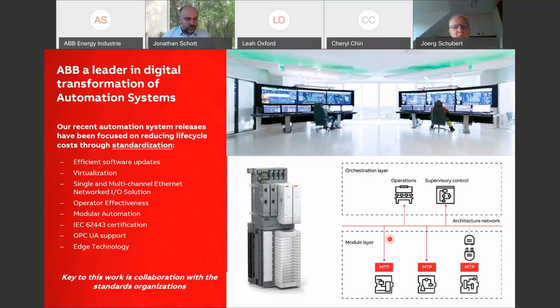We have been very early in utilizing Ethernet-based technologies, not only as communication between controller and workplaces. We also support this in the field. Ethernet communication in the field was always in focus. For sure, some of the low-speed buses were clearly not Ethernet-based, but I think we're getting there, and the change is making systems more network-centric.